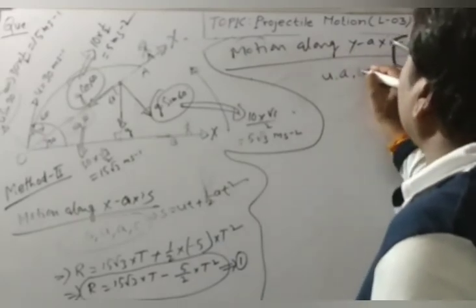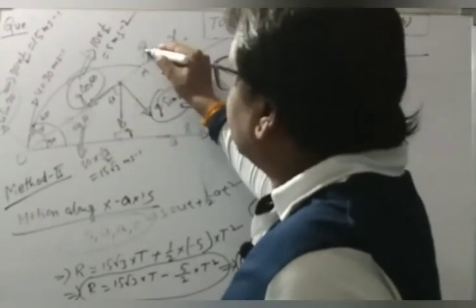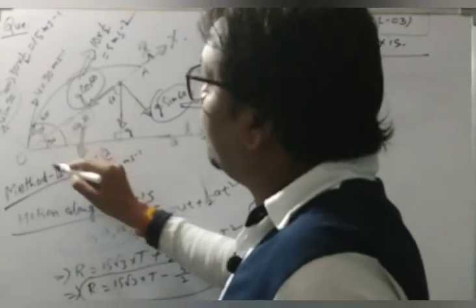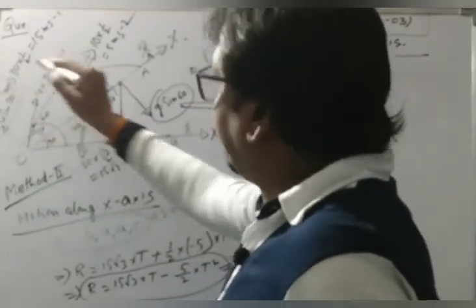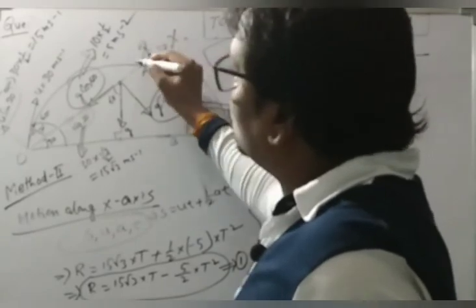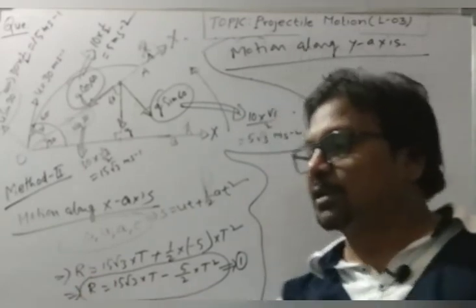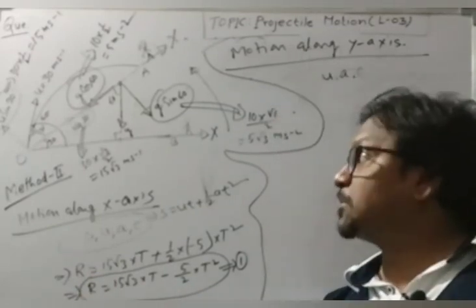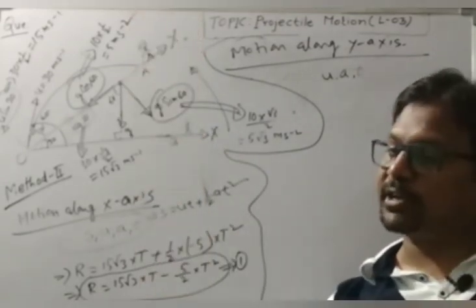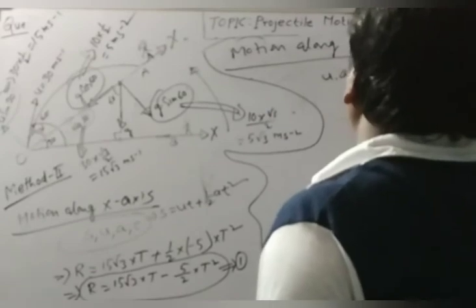What about the displacement s? If you are standing here, the projectile starts its journey in the upward direction and again touches the same horizontal line at O, so the net displacement will be 0. It is just like a ball thrown along this line and returning to the same horizontal line. So net displacement will be 0.